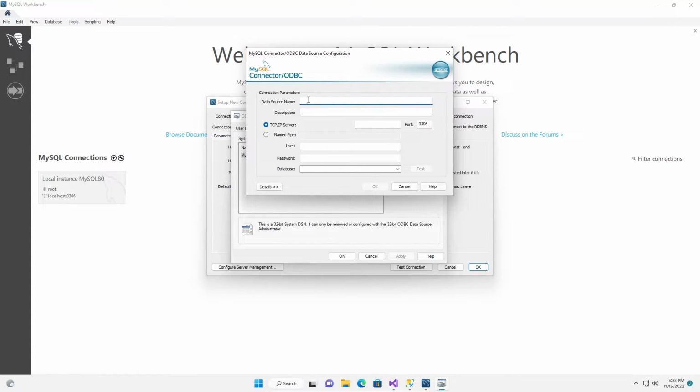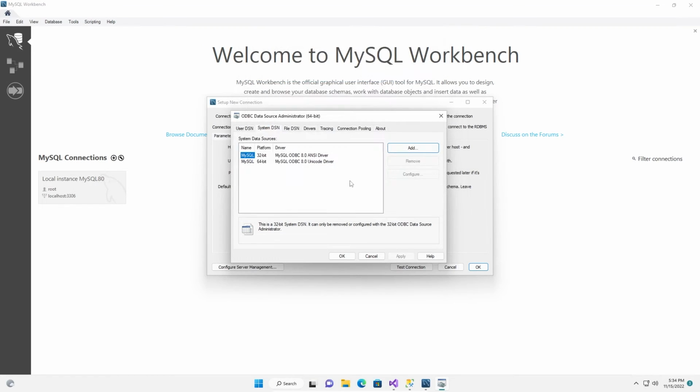Finish. MySQL, server IP, username root, password. Connection succeeded. You can choose person. Now press OK. So now I have 32 bits and 64 bits.